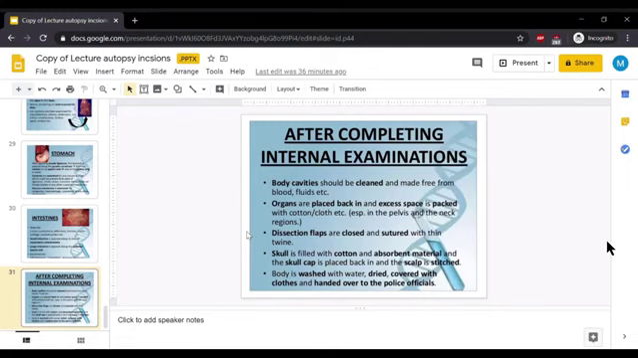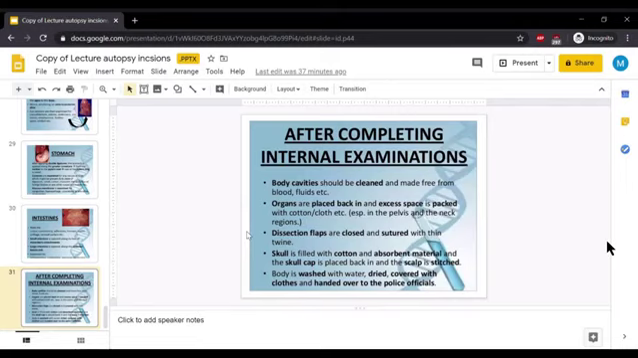Now, after completing our autopsy, we have to close the body. We have completed our autopsy, so now body cavities should be cleaned and made free from any blood or fluid. All the organs which we have examined are placed back in, and excess space is packed with cotton or cloth,